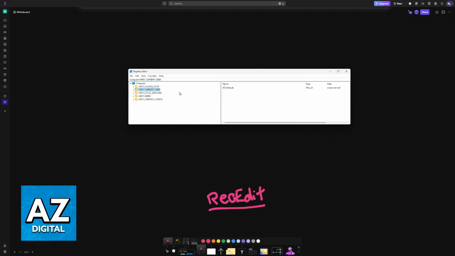So when you first open it up, you will have all of these. Expand HKEY_CURRENT_USER. Then go to Software and expand it as well. Then look for CLSID. I recommend that you just type it out on your keyboard so it finds it right away. Now expand CLSID and check for this key here.